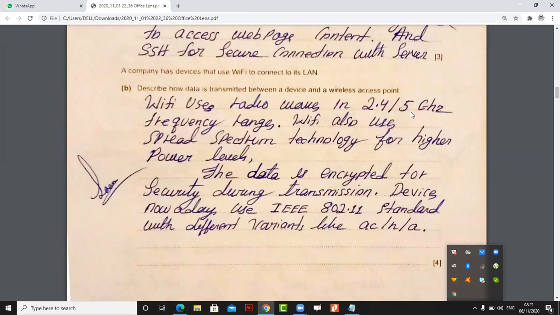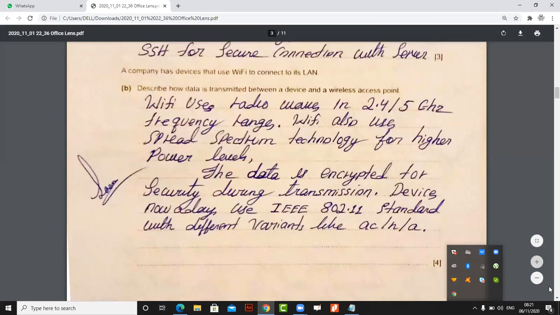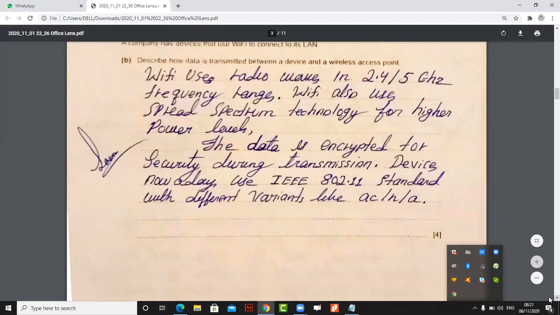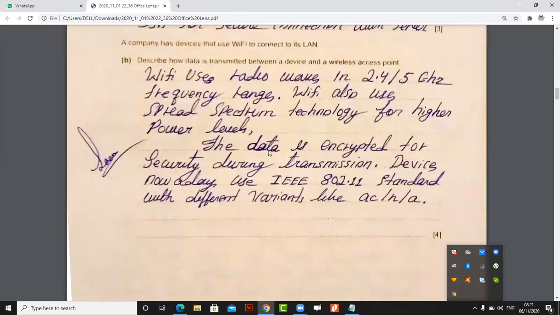Spread spectrum basically helps you to spread the signals to a more greater extent with high power levels. Okay, the data is encrypted for security during transmission. So in case of Wi-Fi, the data can be encrypted and is encrypted for security reasons. Okay. When obviously we don't send it like that. Okay. Devices nowadays use